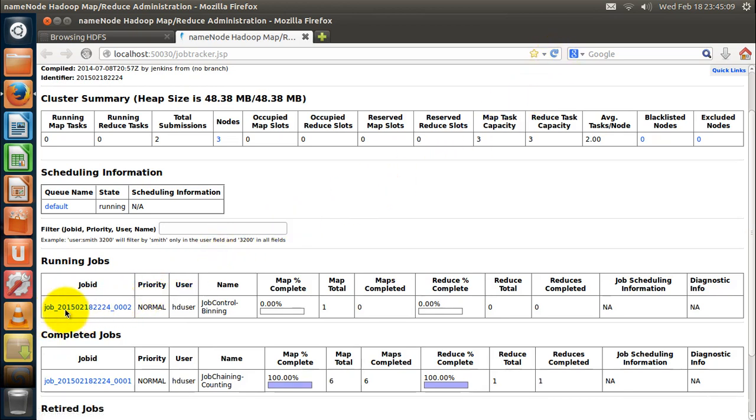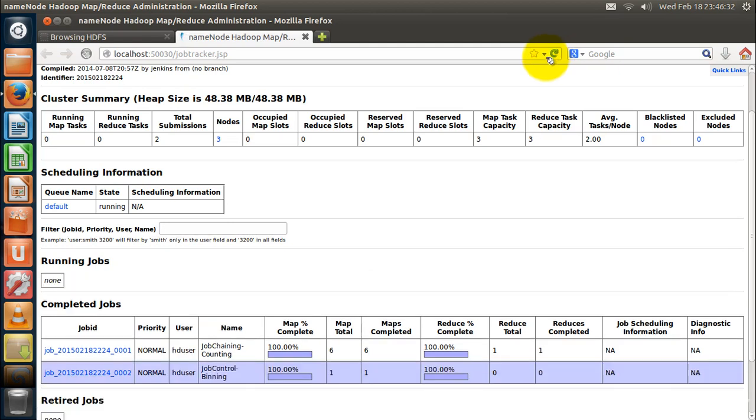After the completion of the first job, second job is running. Second job has also completed successfully.